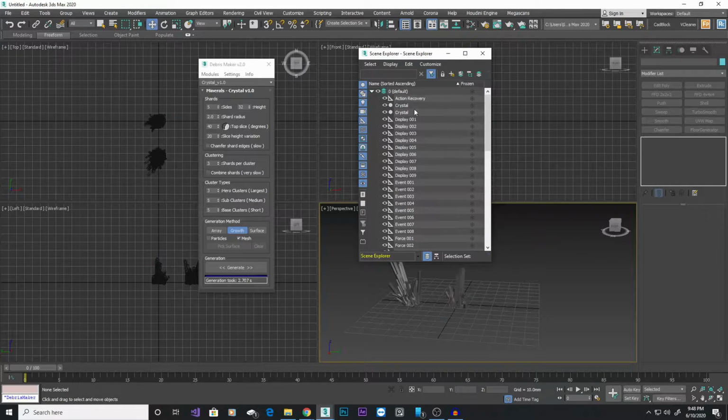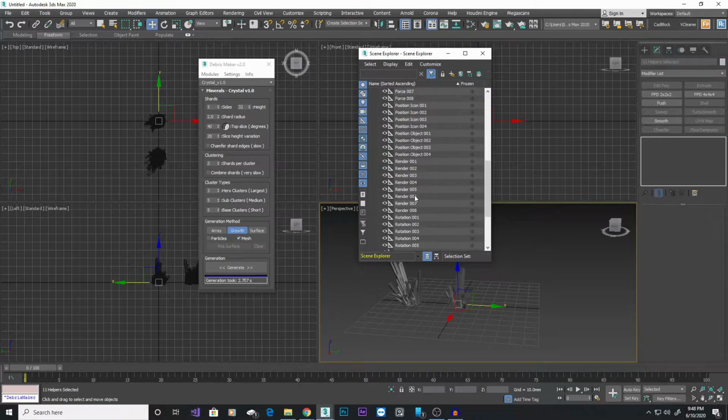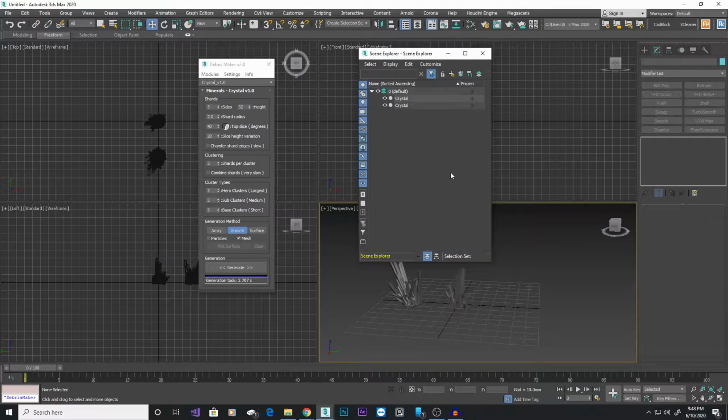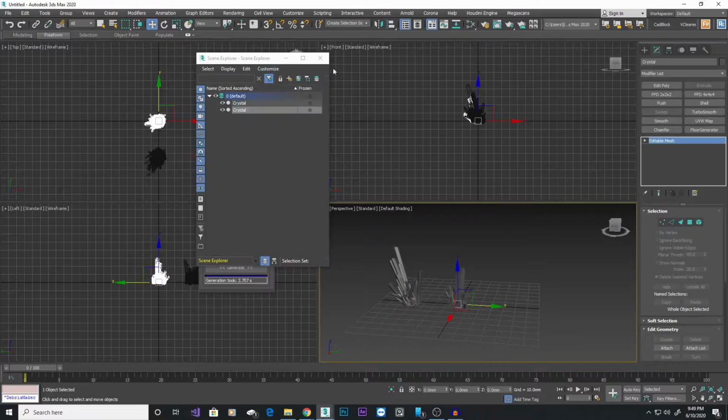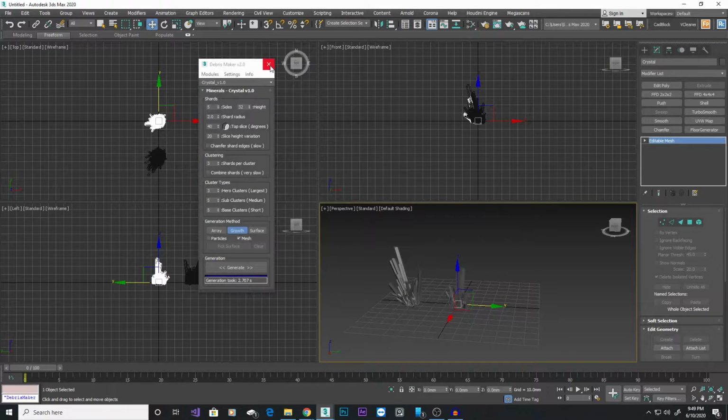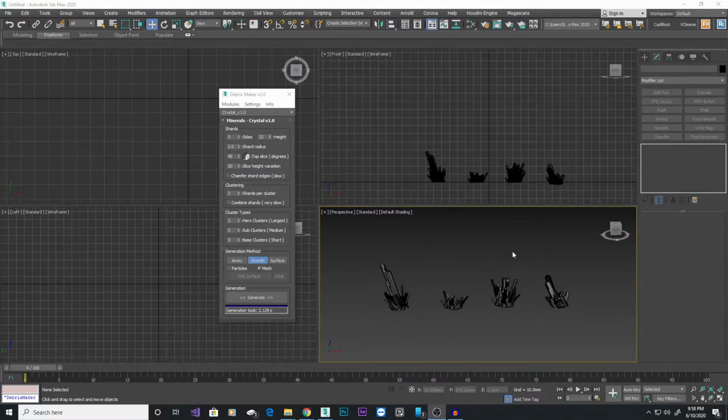Okay, on this display, all of these, just delete those. And we only have 2 objects now. That's it. I'll let you play with this and create some variations, and then we'll start setting up the rest of the scene. Okay, now that we have generated our crystal,